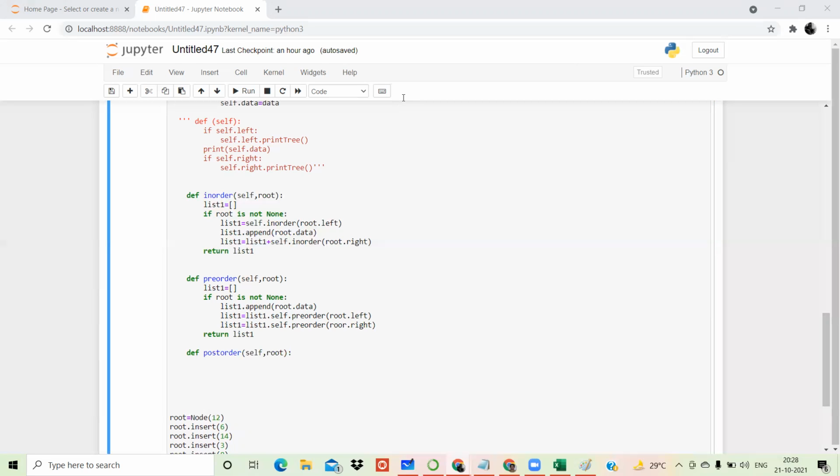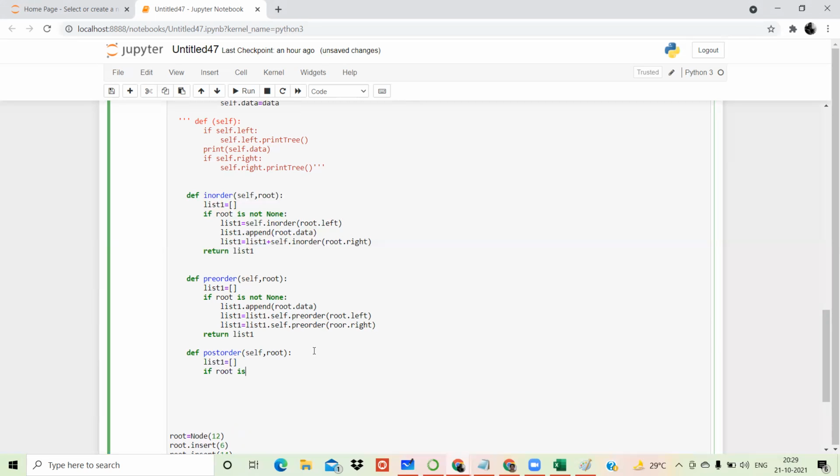So it will be list 1 equal to empty. Yes, correct. If root is not none, perfect.